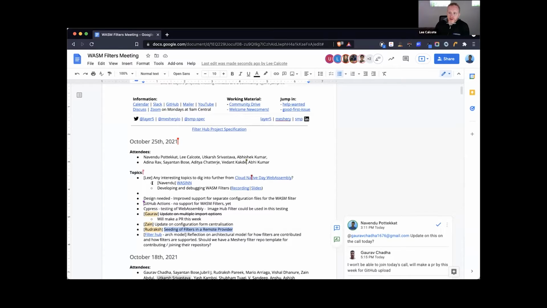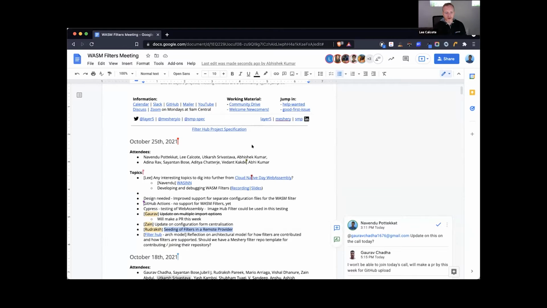Yeah. So in this meeting, we've been talking a lot about Meshery's ability to manage WebAssembly filters, and that's good. And we will talk about that again today. We also have had other people come and present on WebAssembly in general, more specifically WebAssembly toward Envoy filters. And the last time that we met, we had just said it's probably time to invite some more folks to come and share with us so we can learn as we go here.